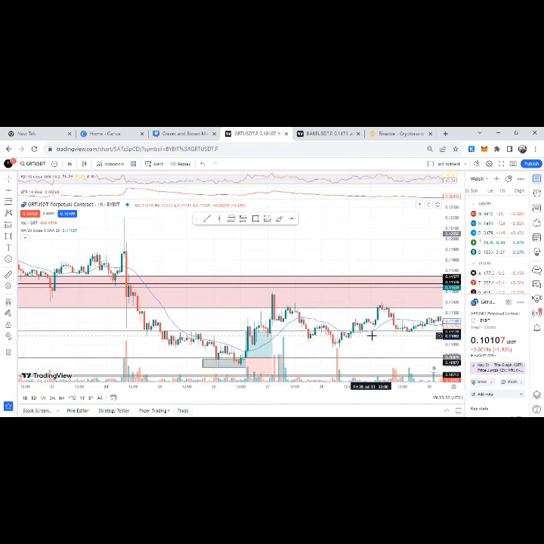That means we're charting the market, but we're going to be placing the trades on a broker, that is on an exchange. So like I said, we just use TradingView for charting because it gives us the most accurate price action movements and prices, but we're going to be executing the trades on an exchange,